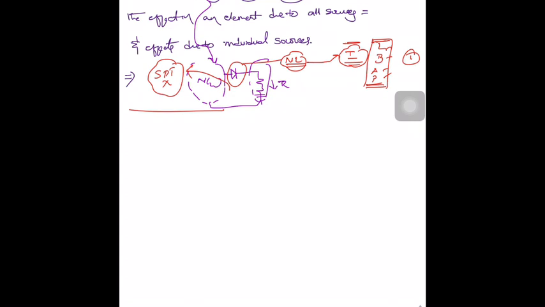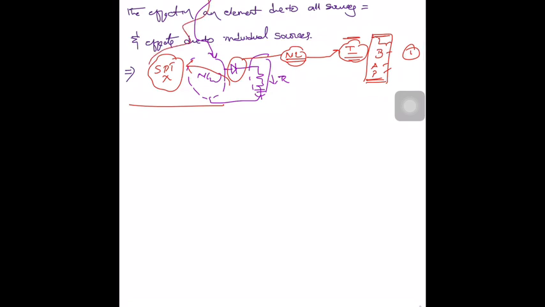Active means the network contains a source. And bilateral, you all know that in the graph, 1 and 3 is equal to 1 and 4. This you will find in lecture 1. And linearity they will ask with a theory bit. Can superposition theorem apply to power calculation?